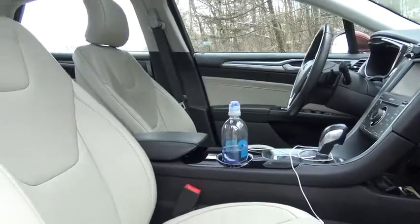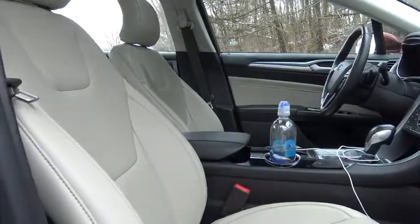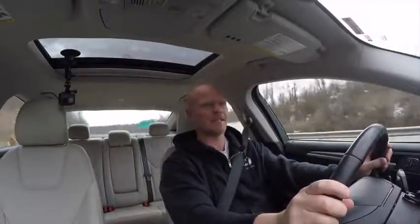The interior in my car is the ceramic leather interior, and if you've seen some of my previous videos, I have complained about this interior a little bit here because it does stain. So let's say you have a leather belt on, the seat will turn black. But I bought another belt, problem solved. If I could pick today between the black leather interior and this light leather interior, I would still pick the